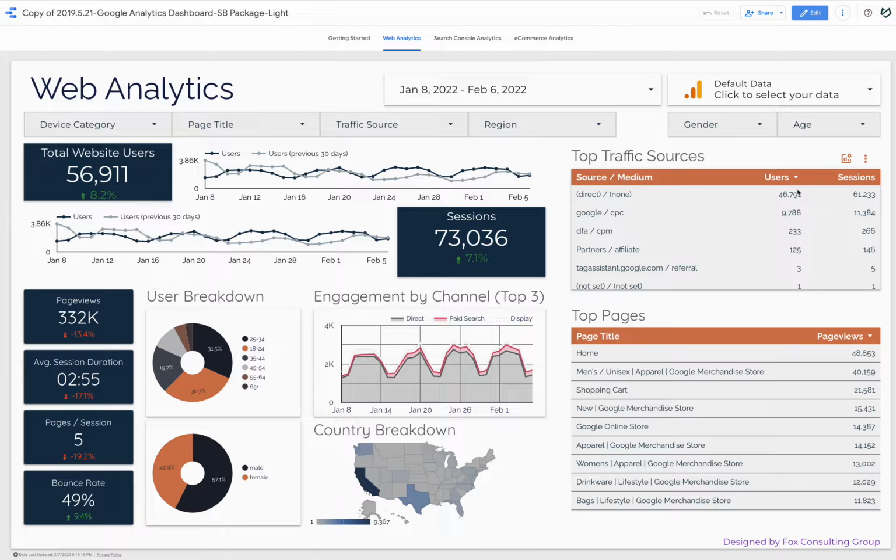And over to the right, we have tables that show table data. So it shows a breakdown of the dimension and then any particular metrics that you want to associate with that dimension. So one of the things that you've probably noticed as I'm scrolling around, if you hover over any of